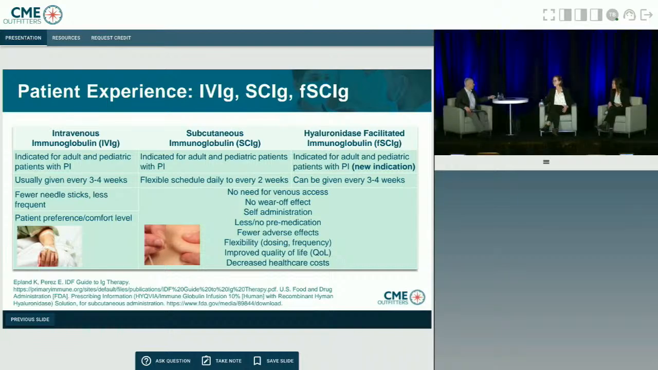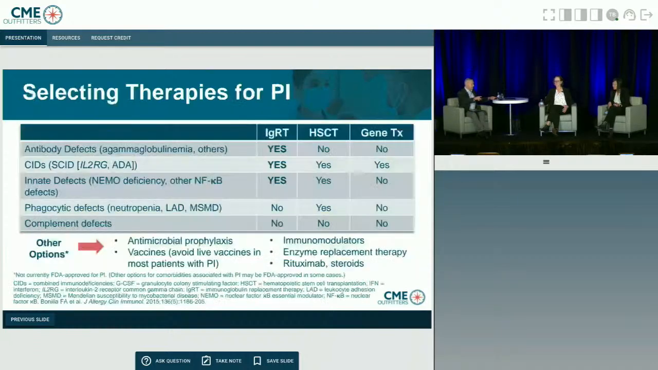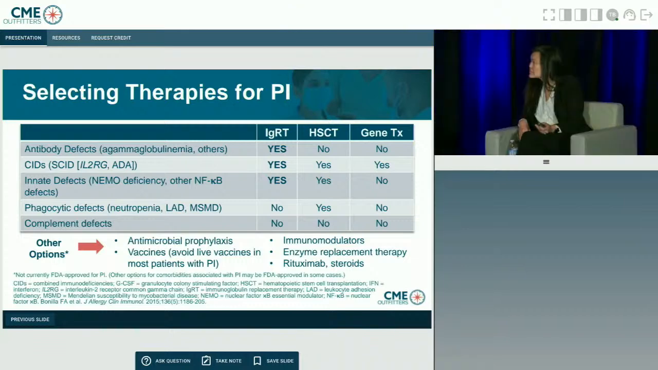So we have one question here from the audience, and it ties into the previous slide. So can you talk maybe more specifics about the role of prophylaxis with antibiotics in antibody-deficient primary immunodeficiency? Yeah, and there's no good set rule, wouldn't you say? I think this is very patient-specific,